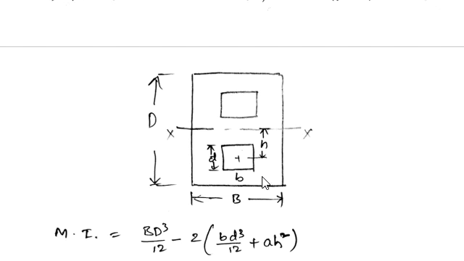I_AB is equal to I_G plus A h square. So IG plus A h square gives only one area. Because there are two areas to be removed, you will get 2, and because we are removing, you also get minus here. So the simple formula we can write like this: BD cube by 12 minus 2 times of small b d cube by 12 plus A, the area, both are the same, and h square. So this is also h square, kept at symmetrical positions.